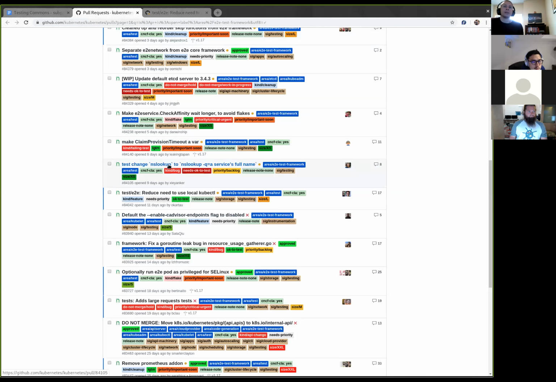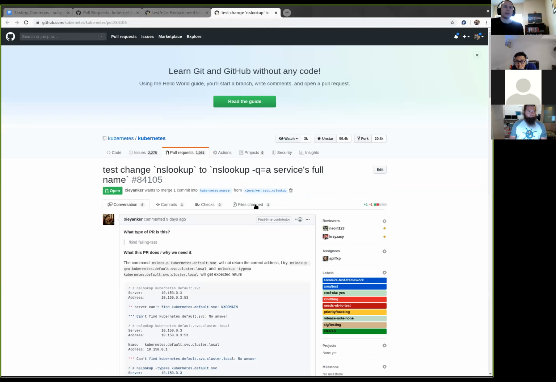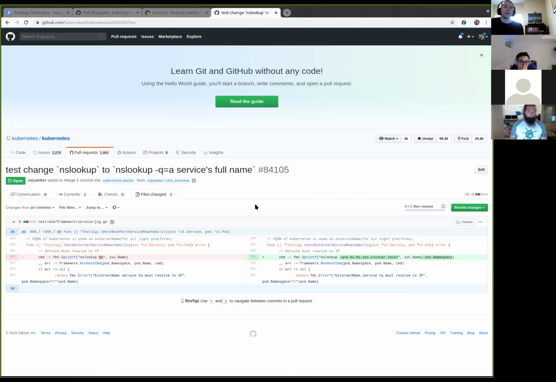Change test NSLOOKUP to NSLOOKUP minus Q. So these types of things I can't even change because I think they require container rebuilds. I don't want to touch this.